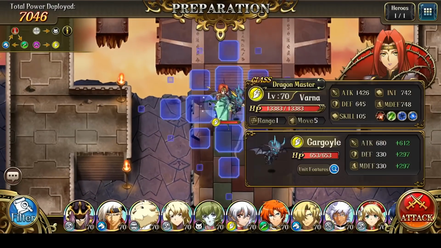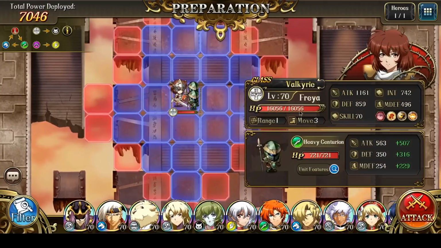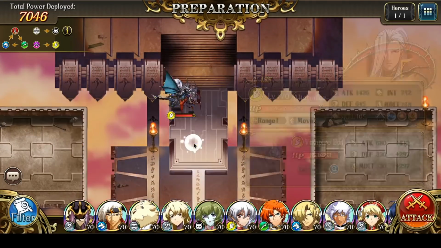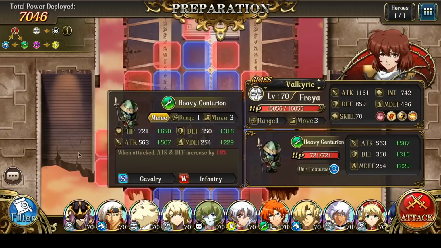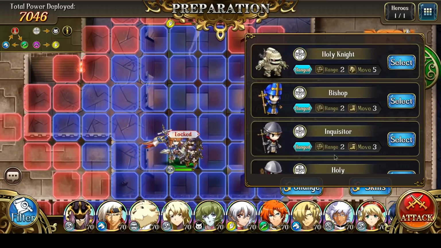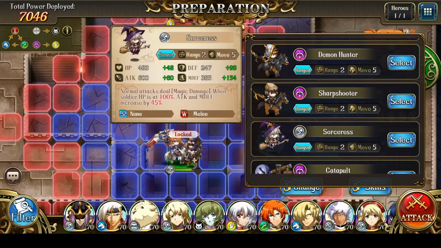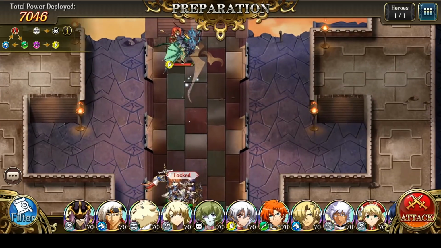So here, you're against Varna, Freya, and then Ultimuller. So, the interesting question here is whether to actually bring Bolt Rangers or Sorceresses, right? Sorceresses, keep in mind, they get that plus 45% damage. Oh, actually,